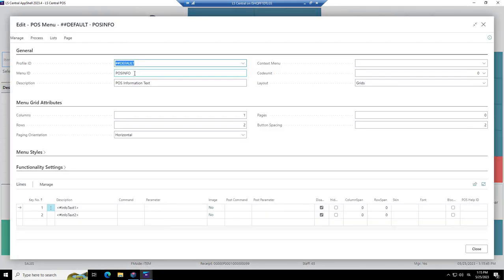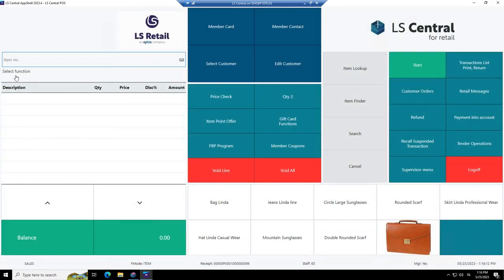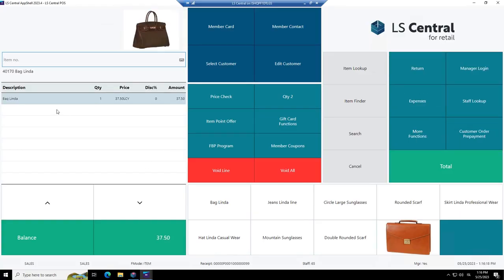Then you see this is a menu with the name POS info and has some POS tags, info text 1 and info text 2. A POS tag is a placeholder of data, and it's programmed what information is going to be displayed by this POS tag called info text 1 and other information by the other one, info text 2. Let's look at it a little bit. So you see we have here select function. If you sell an item, what happens? For the first line, we get the information about the active item in the journal.